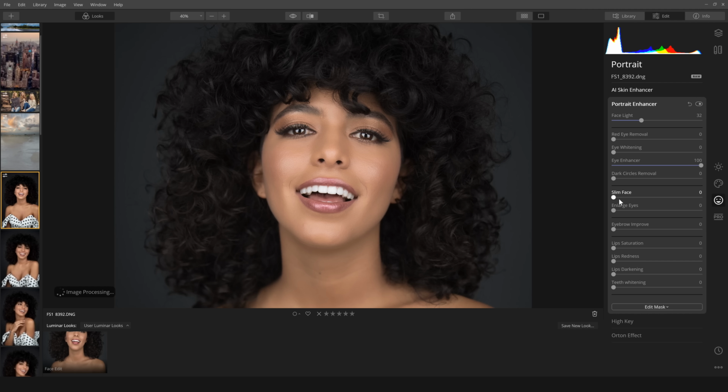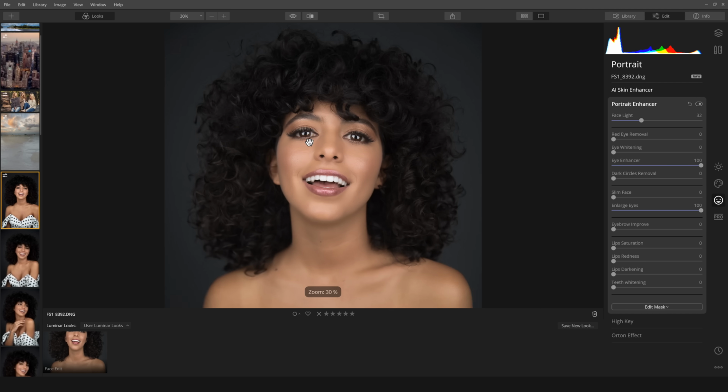So I like Neely's face. I'm not going to change it, but let's do Enlarged Eyes. Wow, what in the world? Oh my goodness. Look at that. I think that might be a little cartoony, but I wonder if I could...